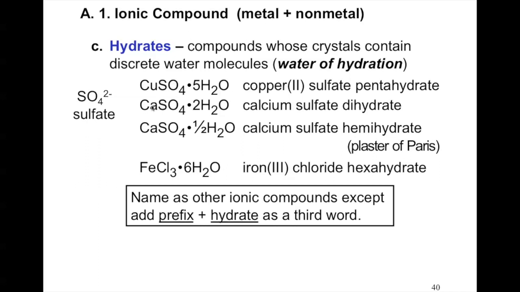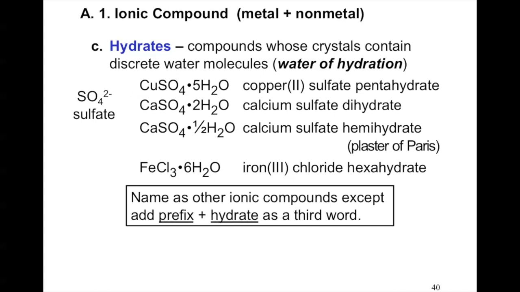The one below it has calcium, which is a type 1 metal ion. It's +2. So all we need to do here is just name this calcium sulfate dihydrate. Just a little point of interest. This calcium sulfate dihydrate is also known as a mineral gypsum, and gypsum was one of the very first binding